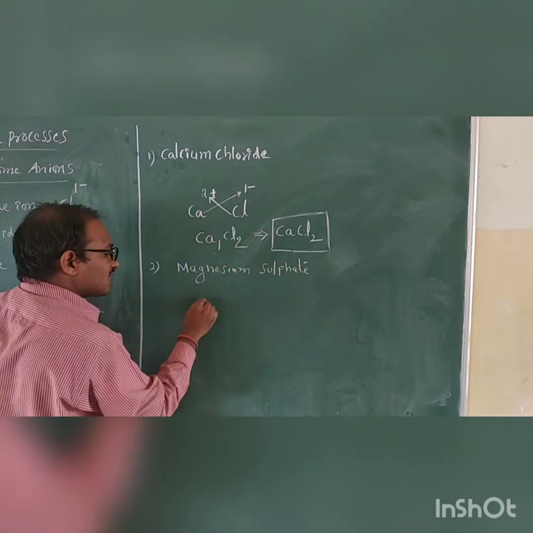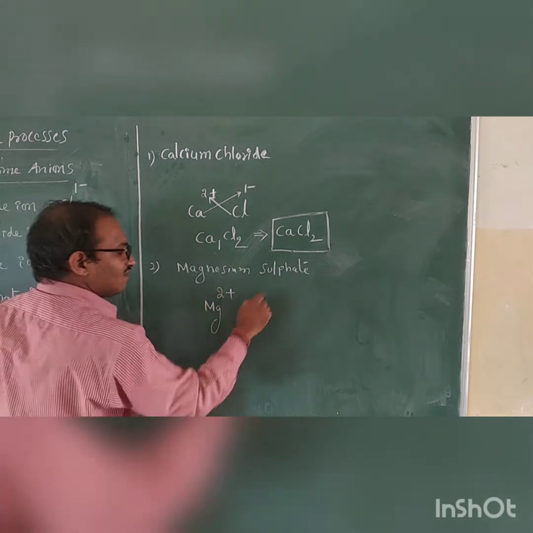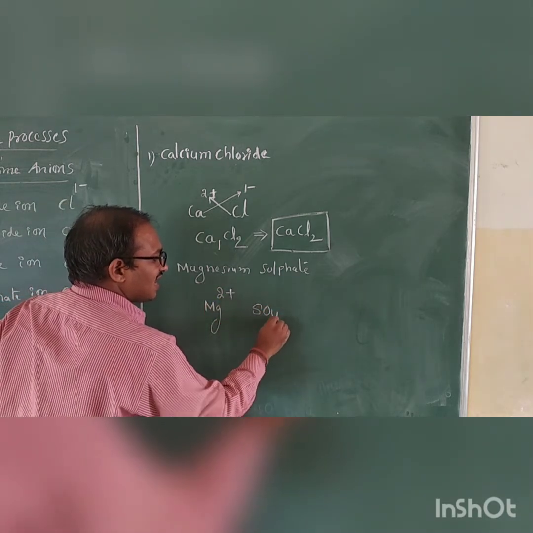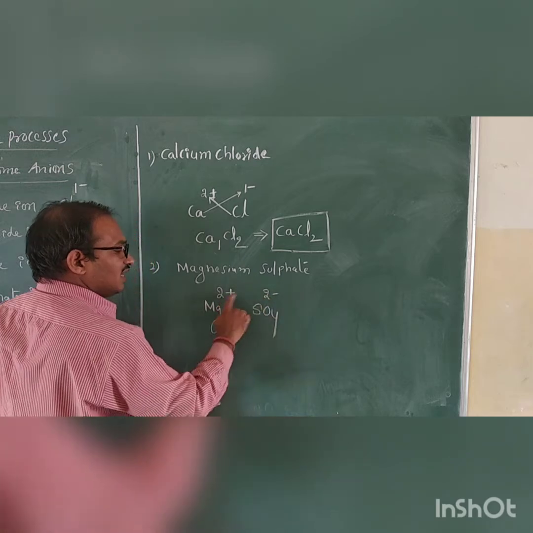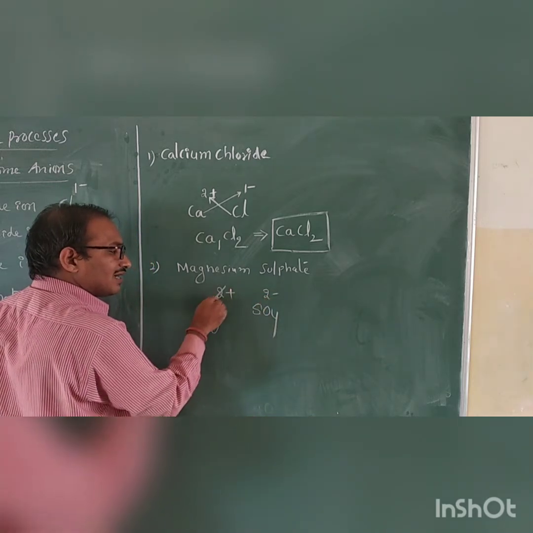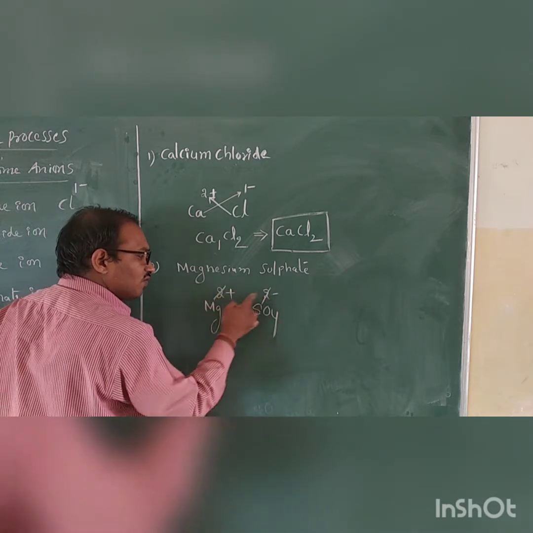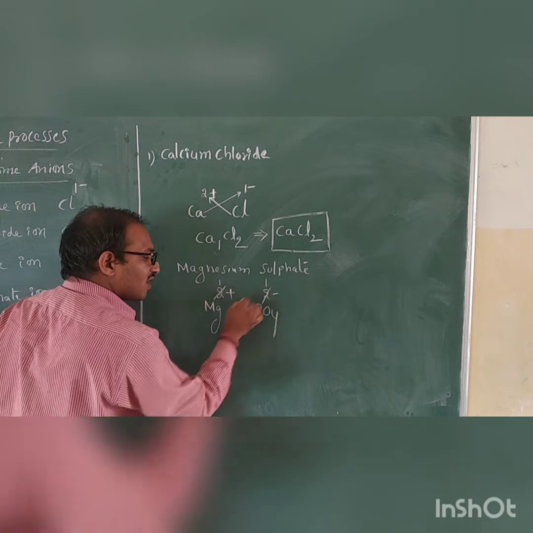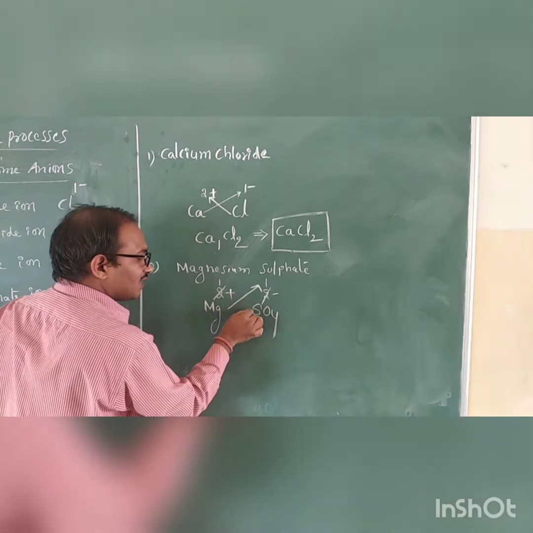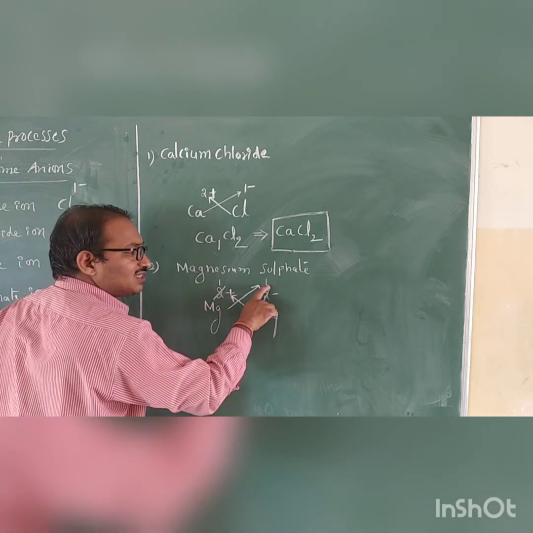So magnesium ion symbol is Mg2+. Sulfate ion symbol: sulfate is an anion, symbol 2−. Here a common factor 2 is there, so you can cross it, you can cut it. Common factor. So if you cut 2, what is left out? 1, 1. Now you put this crisscross symbol. The crisscross is towards the charges.